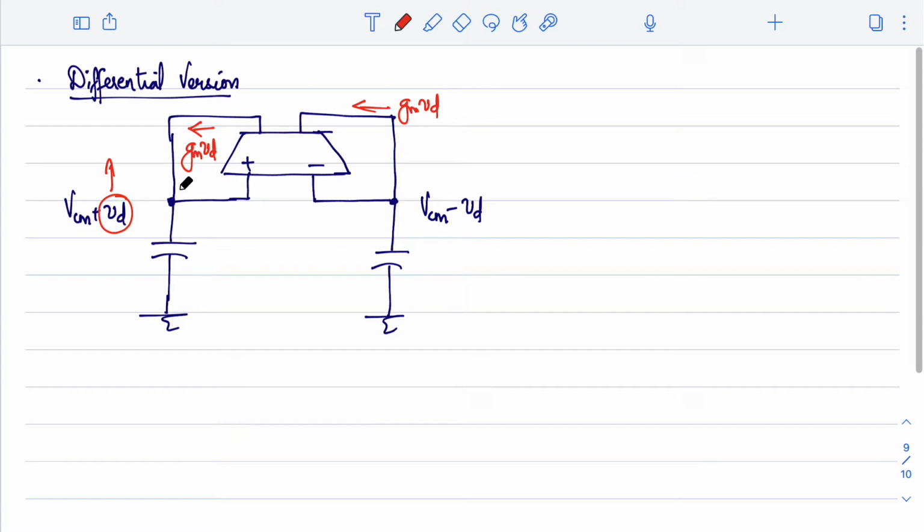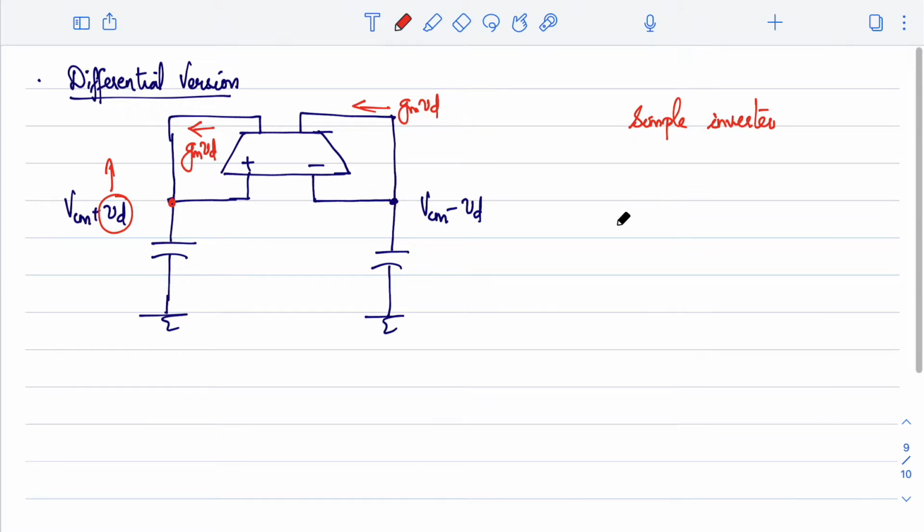Any idea? So the task is this: if this node voltage goes up, the current should be pushed into this node. The other way, if it is low, it should be pushed out of the node. That is a task we need to have. And the simplest circuit we can think of is only a simple inverter,